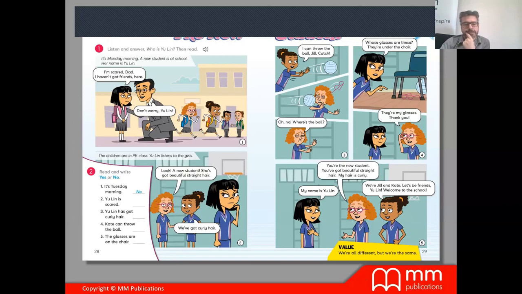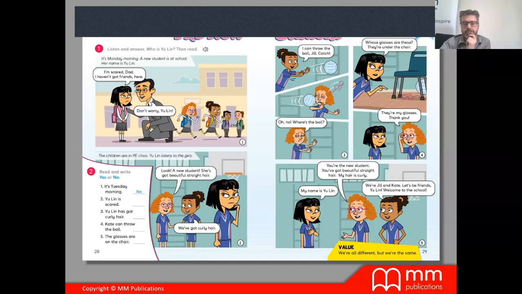The classmates observe how she is different. They say, wow, she's got beautiful straight hair. We've got curly hair. So the moral value here is that we can all be different, but we are the same, because these children at the end end up helping each other, finding the balls or the glasses of each other, playing together, and becoming friends.